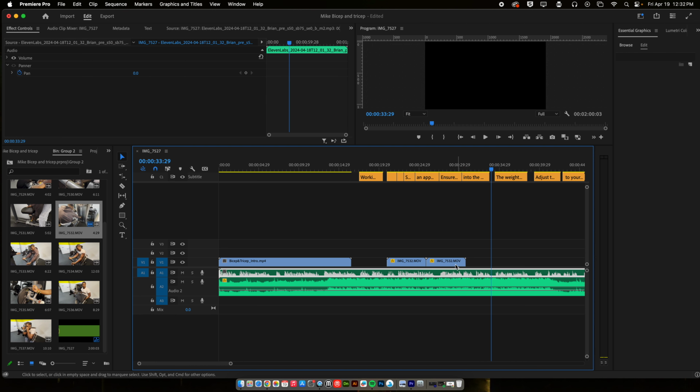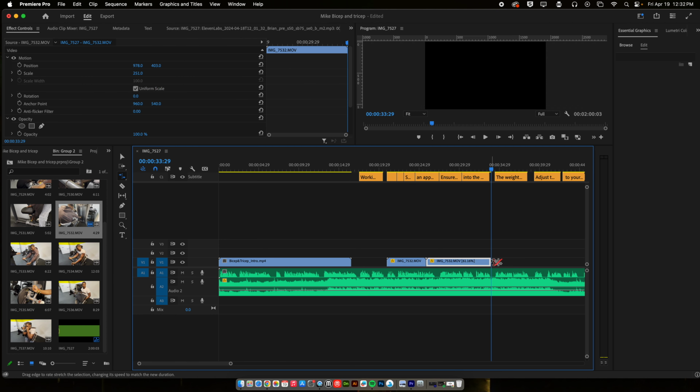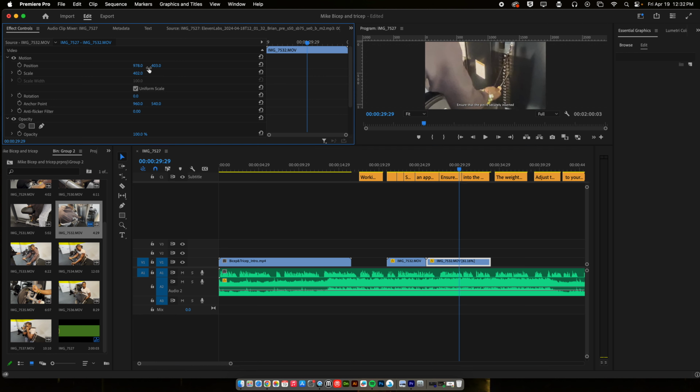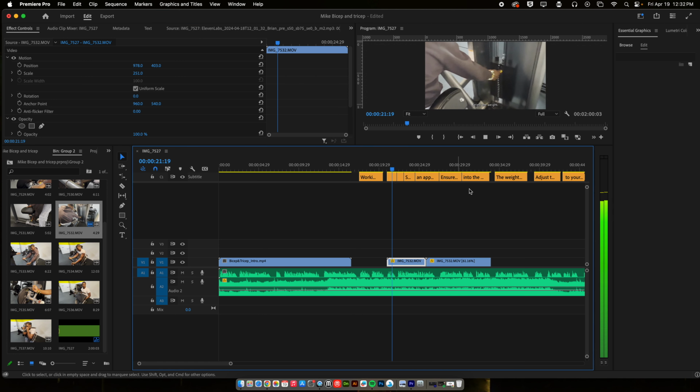So maybe this second clip, we could use that rate stretch tool and pull that out a little bit. And to make it look like it's a little different, since we know we're using the same clip twice, it might be worthwhile to move your playhead on top, click the clip, go over here, and increase the size even more, or change the look of it. So now when you actually watch it,